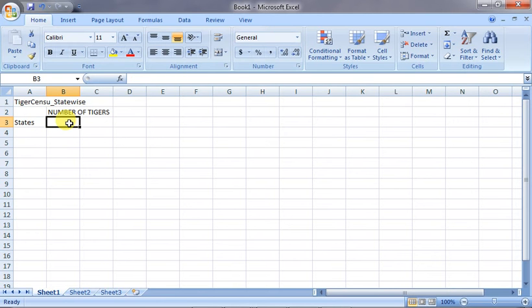Here we are taking the states and the years concerned, 2010, 2011 and 2012.